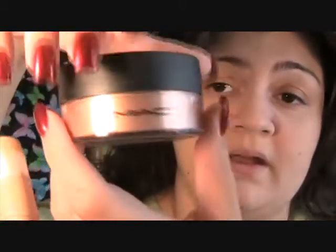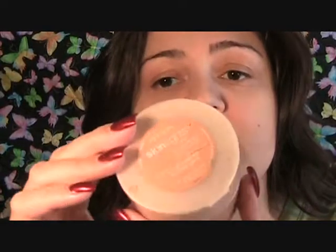I mainly use bronzer versus blush. I don't use too much blush. I'm a bronzer head. But let me just show you for today. I'm using CoverGirl blush in 148 Natural Rose. Versus I use Milani bronzer in medium brown number 2, and one of my other favorites is MAC bronzer in golden bronze. I also happen to like Revlon Skin Lights Face Illuminator, and the reason why I like this is